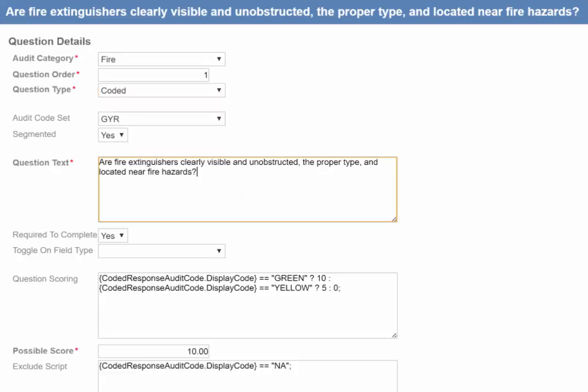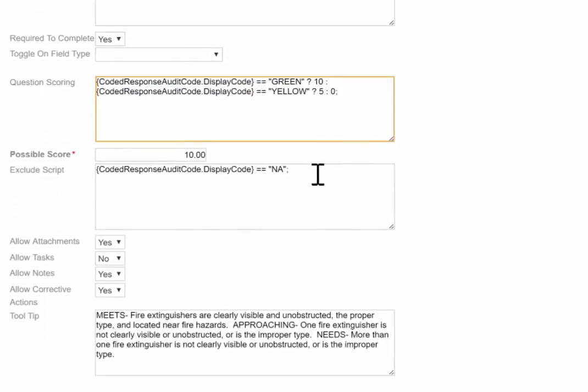You specify your text. You can decide if it's required. You can make one question toggle based on the answer of another question. You can have complicated scoring for the question. In this case, it's pretty straightforward. A green answer is worth 10, a yellow answer is worth 5, red's worth nada. So that gives you a possible score of 10. The exclude script is for scoring if you want this to not contribute to the total at all. So if the answer is not applicable, then while you'll get 0 points for it, it also won't contribute to